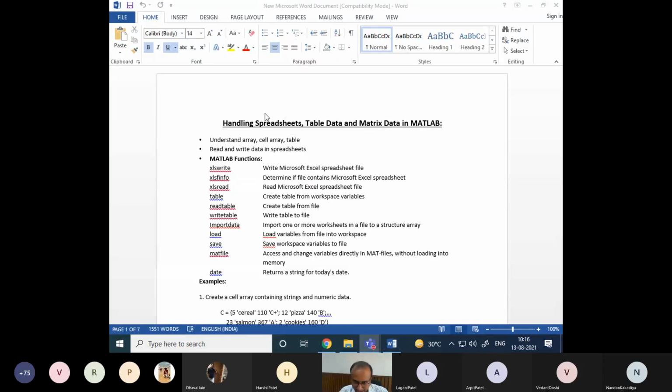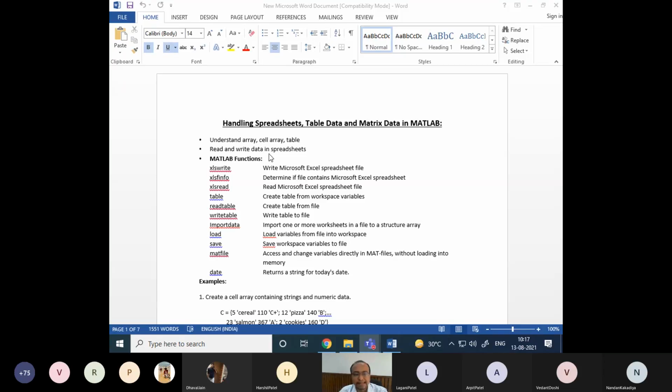So let us see how to handle all these things inside MATLAB, because we are using MATLAB as the development tool. Today we understand the array, cell array, and table. Array we all know in MATLAB, because the basic variable in MATLAB is an array. Then we study what a cell array is and what a table is. A table is also one kind of structure in MATLAB, so you need some concept of the structure. Also, you need to know some concept of object oriented programming, the dot operator and other things, right?